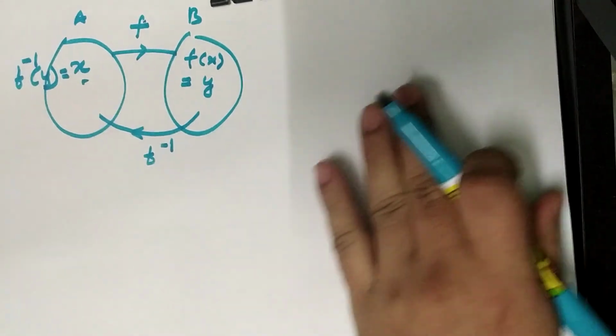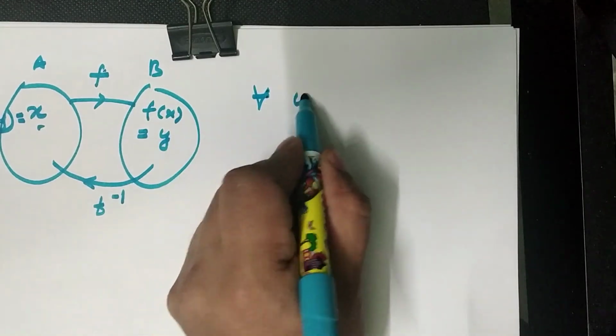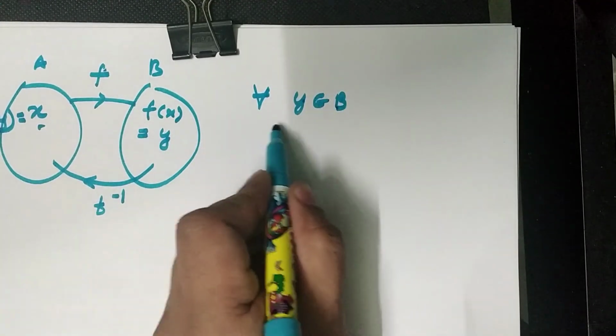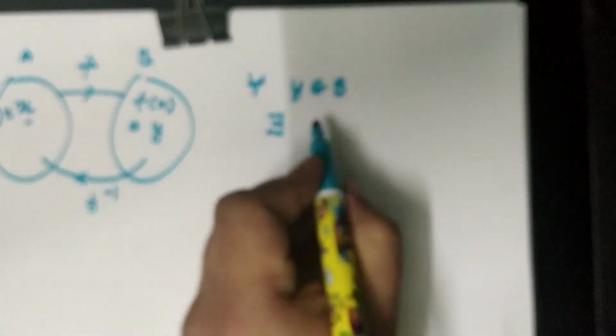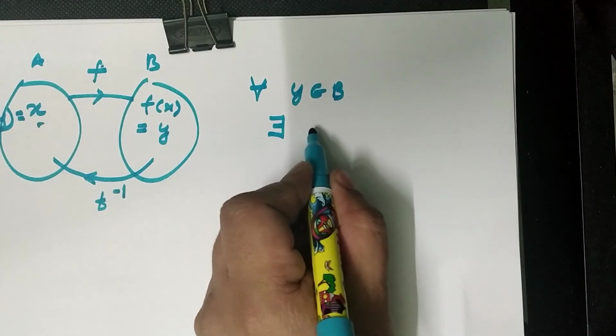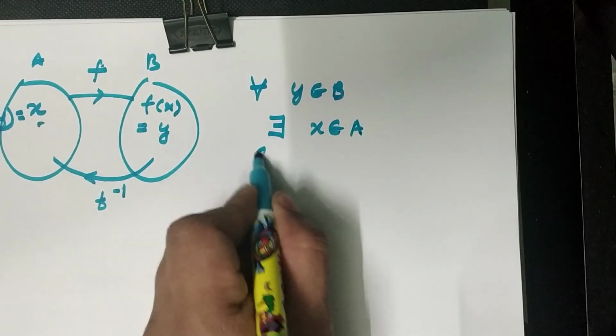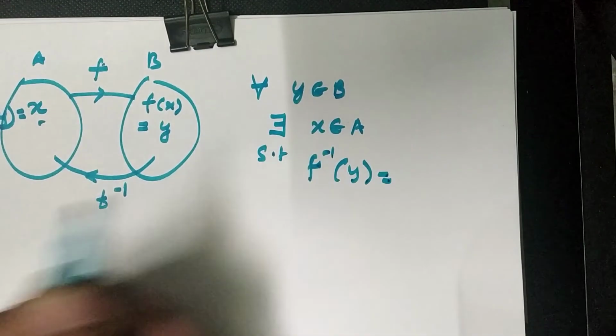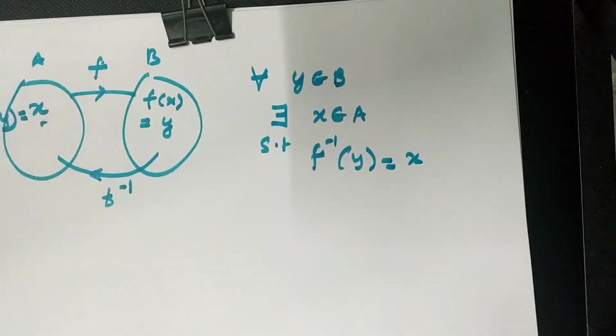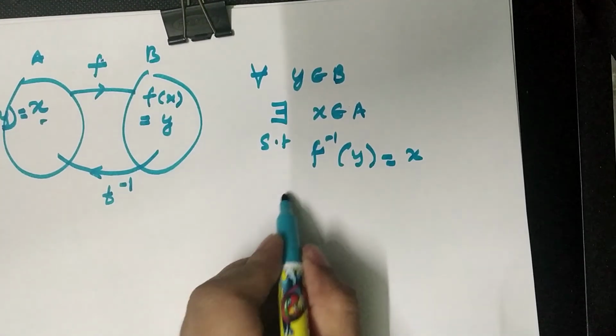Meaning if I write this rigorously, I can write this as for all y belonging to B, there exists exactly one x belonging to A such that f inverse of y equals x. Now, some of you may make the mistake of misinterpreting this f inverse. Some of you may take this f inverse